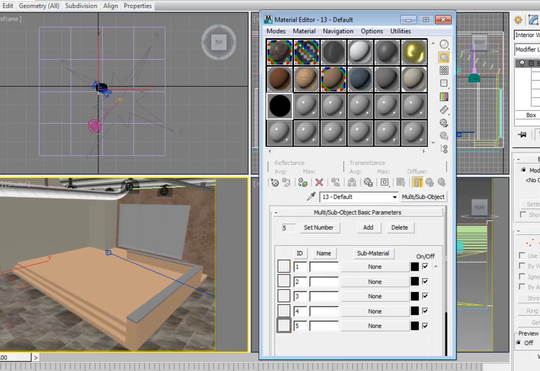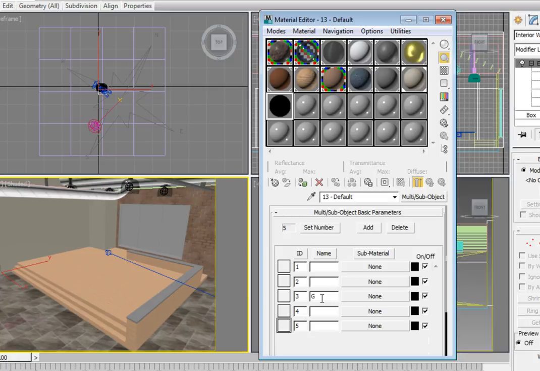There's an ID column that specifies the material ID for that particular material, and it has a name column that allows us to apply a name to that material ID slot. This is not the same as the material name. It only identifies the ID slot the material goes in. First, click on the name box for ID 3 and name this Glass